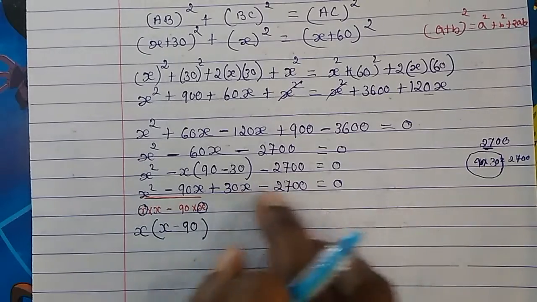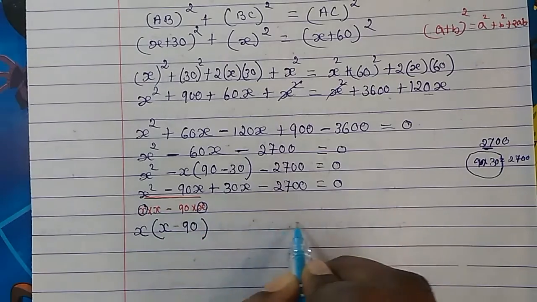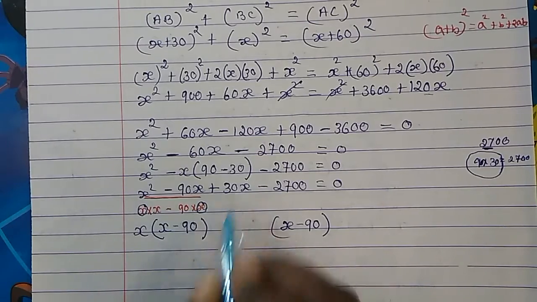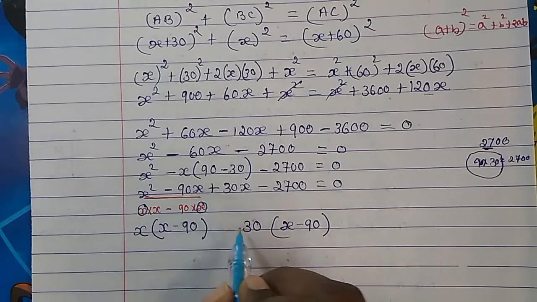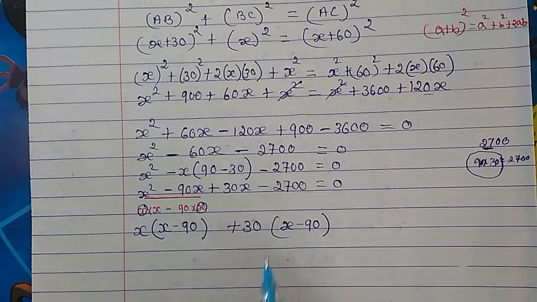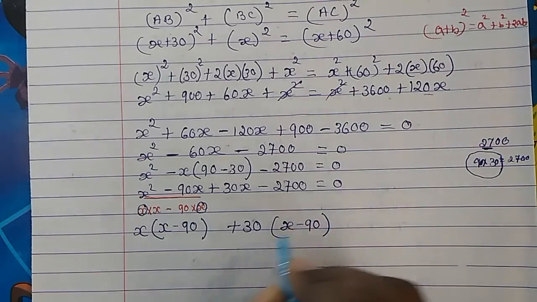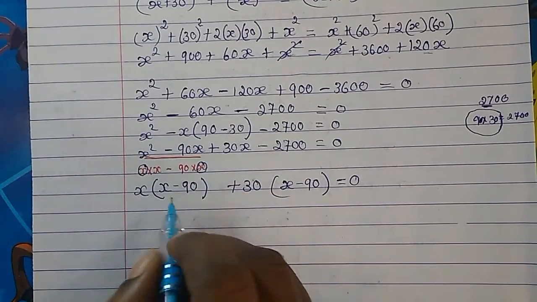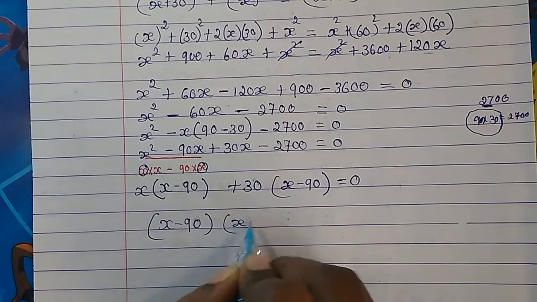Okay. So next with this also we have to do like this. We have to take out the common. For that what you have to do? What you have done here, the same thing you write down. What is in bracket. Okay, now what number to put here so that we get this number? Here we have only x, so if we put 30 into x will give us 30x. Plus is there, so we'll put plus. Then minus, plus into minus will become minus. 30 times 90 will give us 2700. Already we have done it here. Okay, so this is correct. Balanced well. So now both the sides have the same bracket. So what is in the same bracket we'll write down once, and what is left we'll write down here.